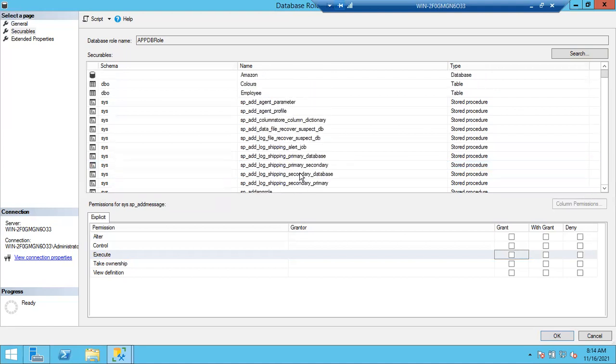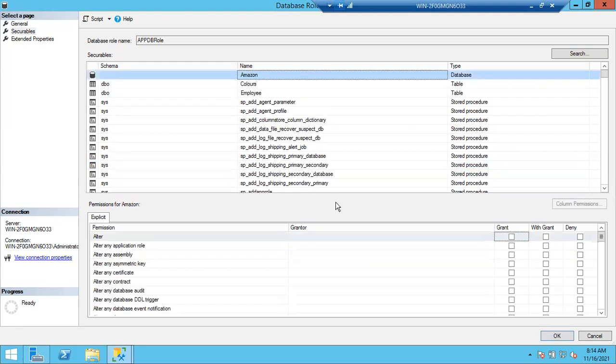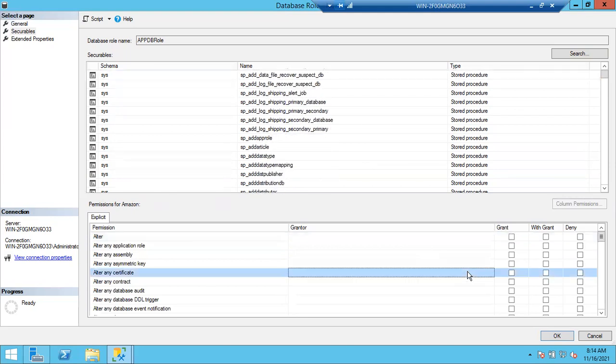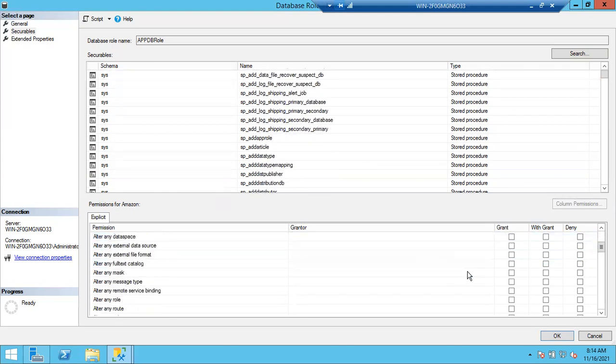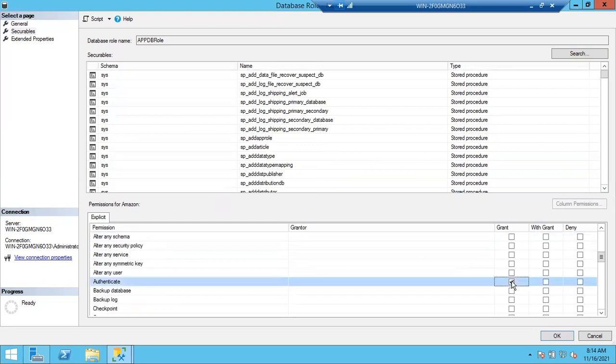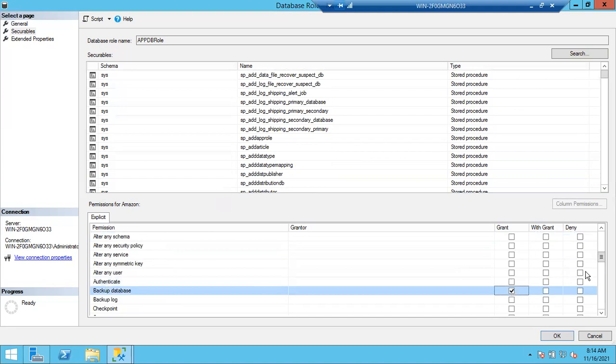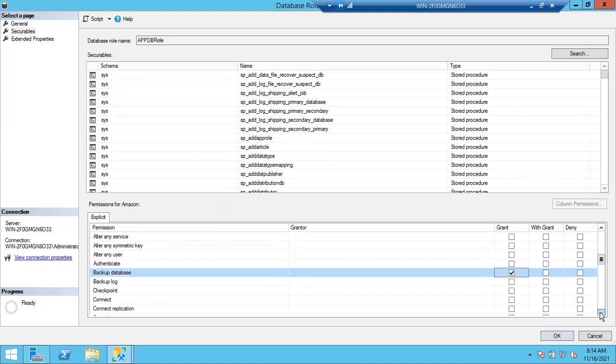Right. For databases, select the database and whatever permissions you want. Let's select any permission here, backup database, just as a sample. I'm collecting some permissions, grouping them together and naming it as a database role.